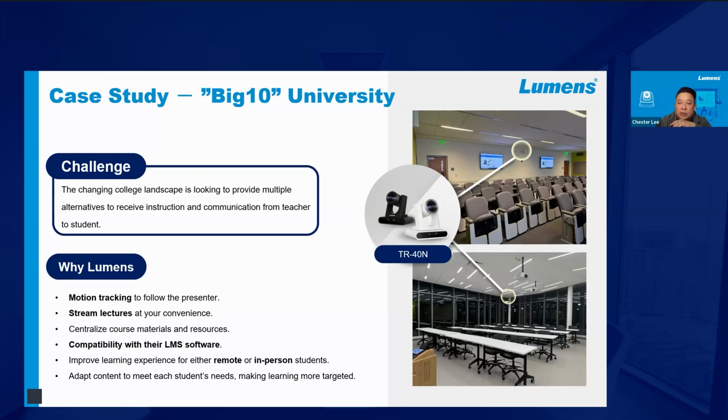up their learning management systems with the Lumens camera and a Lumens decoder. Last year we did about 70 rooms, and this year we're in the process of getting 200 more rooms installed. But basically, as you'll see in the images here, this lecture room holds about 60 students. They've got a camera set up in the back, following the individual, and then in other environments as